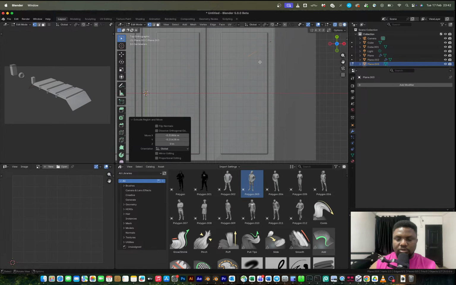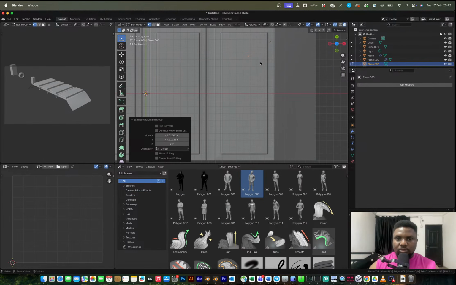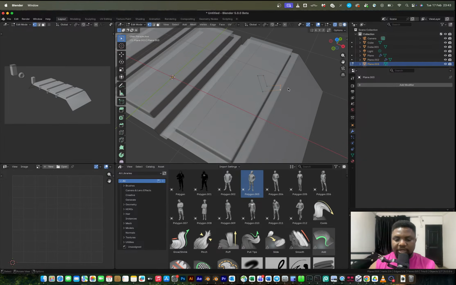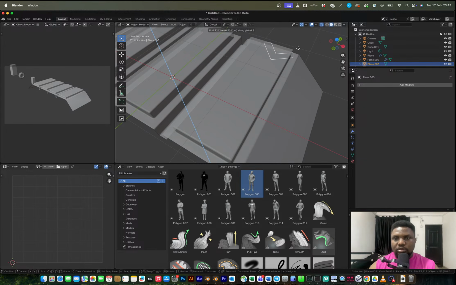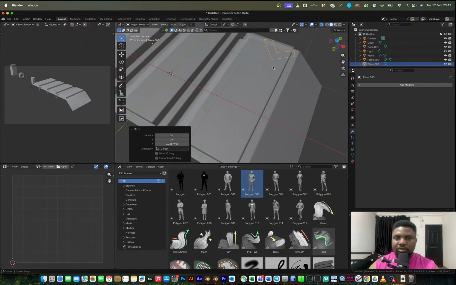Extrude, right here, extrude, extrude, extrude, extrude. G, then fill that. So all of that mesh comes up top, just like so. Then this, I can